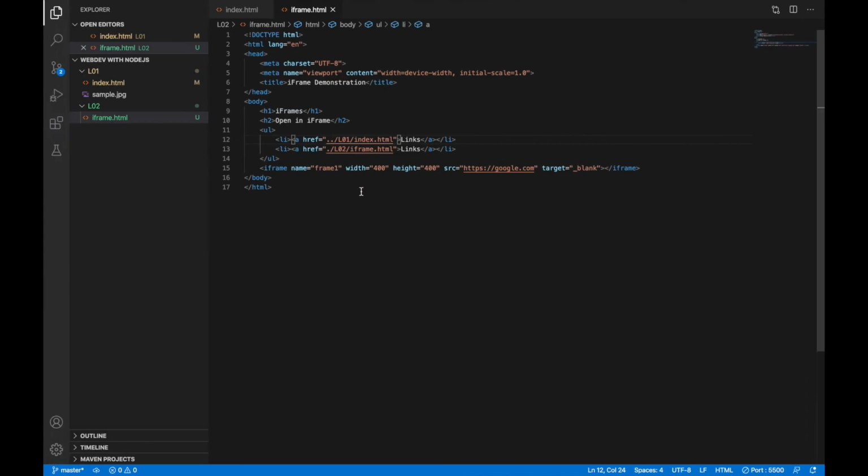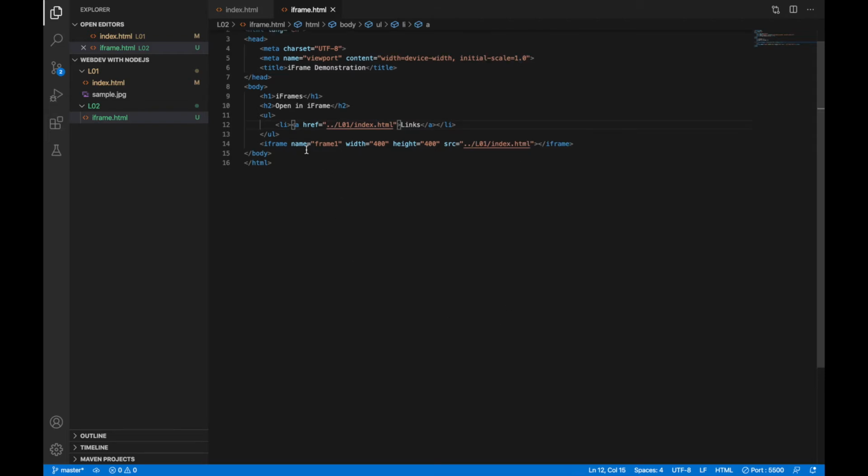So when we are accessing a file which is outside the folder you're working in, you have to place two dots. That is, one dot is to go back and another is to go back again. So now, since we have given the iframe a name called frame1, we can set a target over here in which we will write frame1.